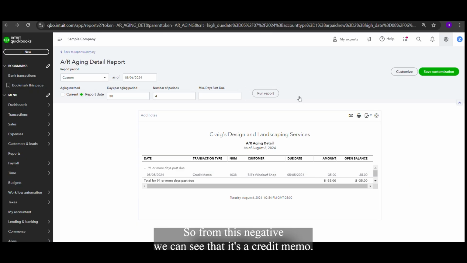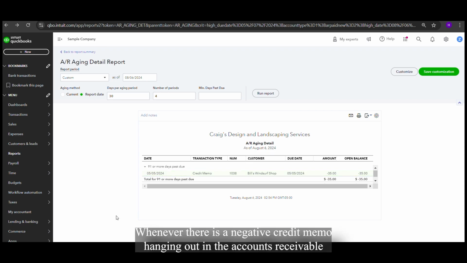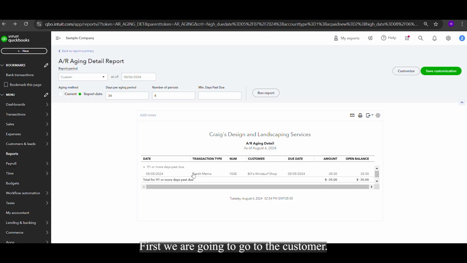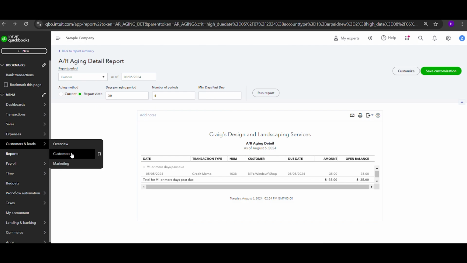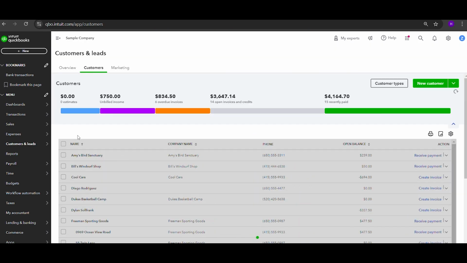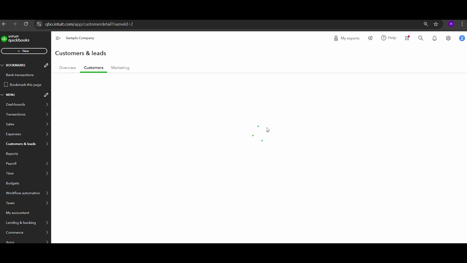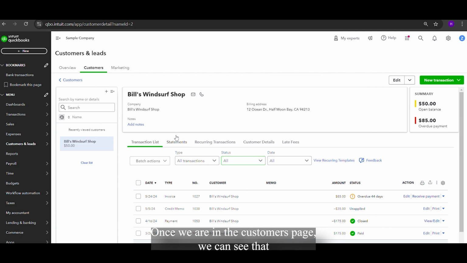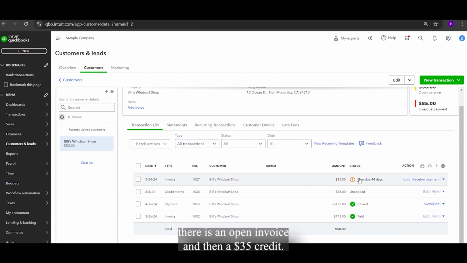So from this negative, we can see that it's a credit memo. Whenever there's a negative credit memo hanging out in the accounts receivable account, it's because that credit memo did not get applied to an open invoice. So I'm going to show you how you can apply a credit memo to an open invoice. First, we are going to go to the customer. Once we are on the customer's page, we can see that there is an open invoice and then a $35